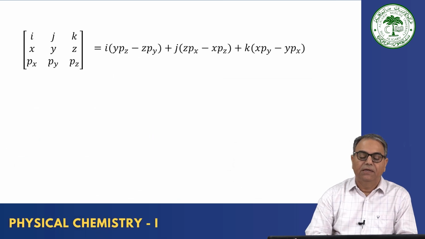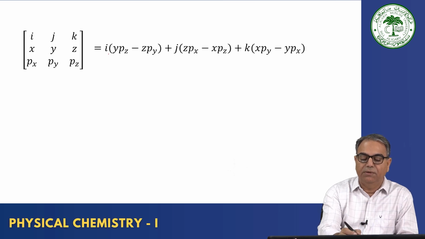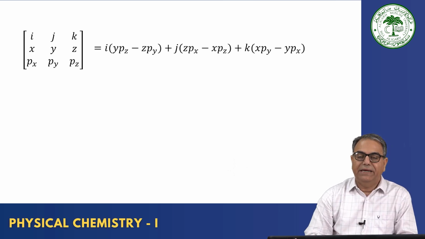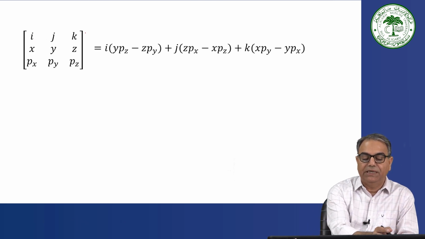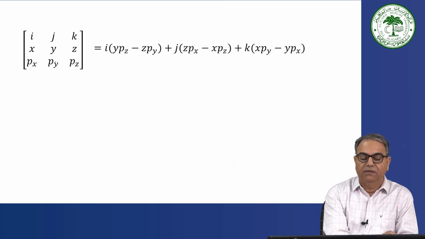And before that, if you have this particular equation for the angular momentum, this was the equation for angular momentum, then we can write this angular momentum in the matrix form. And so the matrix form is i, j, and k, x, y, z, px, py, and pz. So